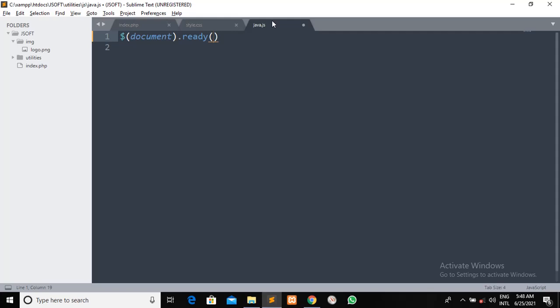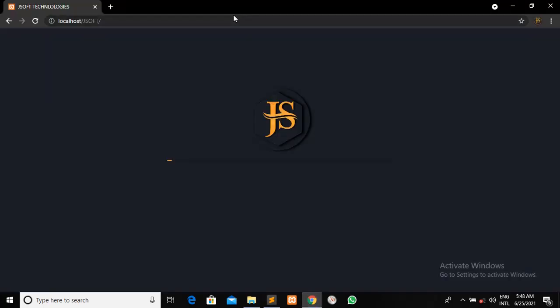So function. What this line means now is that once the document has finished loading, all your JavaScript should start functioning. That's what it means. That's why on some sites, if the page is still loading,